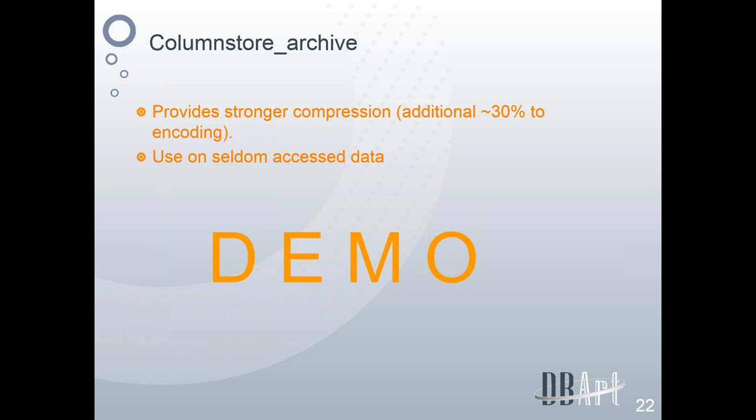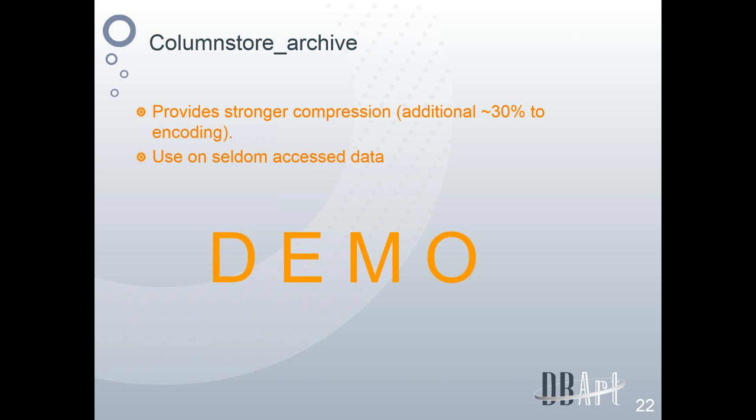Okay. Columnstore archive. In SQL Server 2014, Microsoft added an additional compression option called Columnstore archive. When we create a Columnstore index, the default compression option is Columnstore, but we can specify that the compression is Columnstore archive. It adds about 30% additional compression, but since it's compression and not encoding, and I want to emphasize it's compression and not encoding,